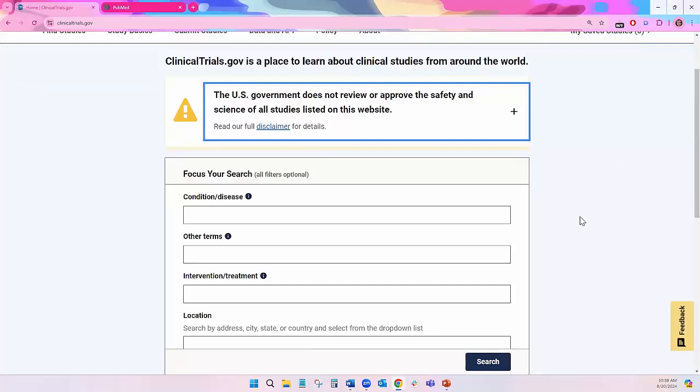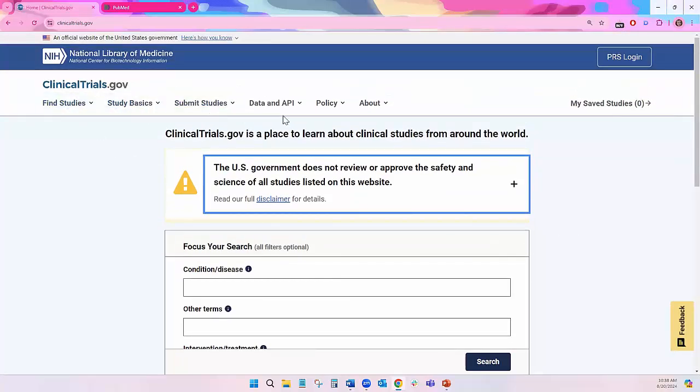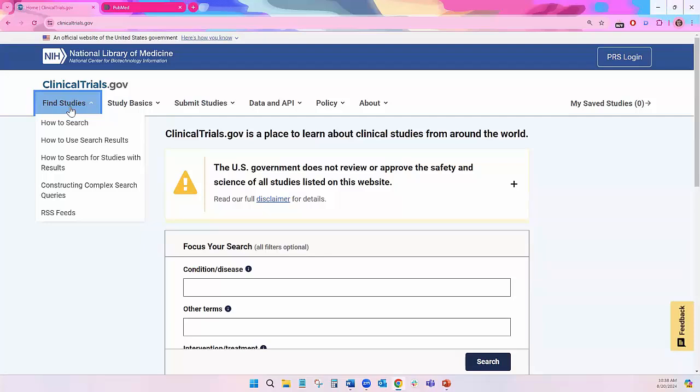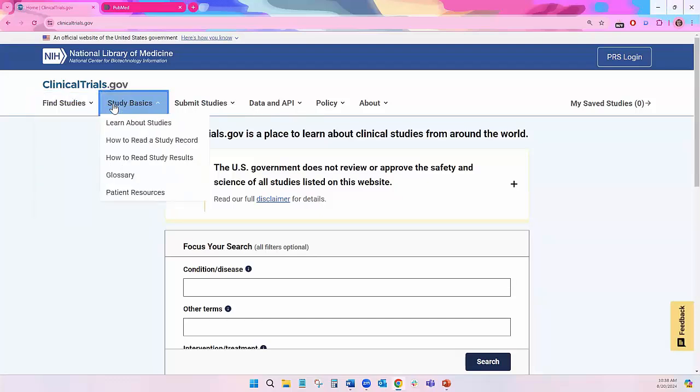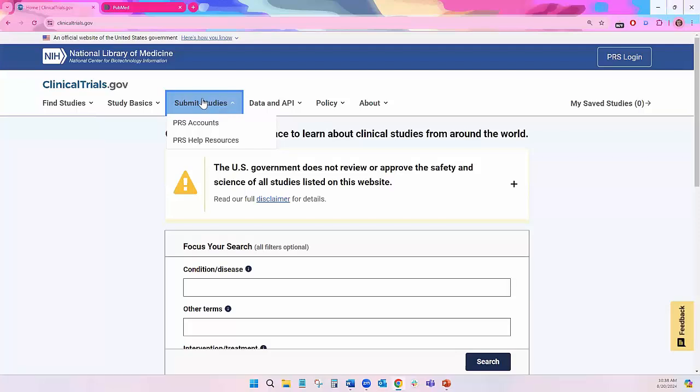So across the top of the page, I'm going to scroll up a little bit. Across the top of the page, we've got a streamlined site menu, and I'm just going to go from left to right. We've got this Find Studies tab, and we've got some options below for Find Studies, and then also in Study Basics. And these are just tabs where you can quickly get your hands on things like search guides, helpful tips, a glossary, and patient resources. You can use the Submit Studies tab right here to help find resources about the PRS